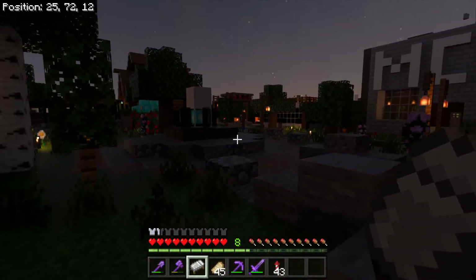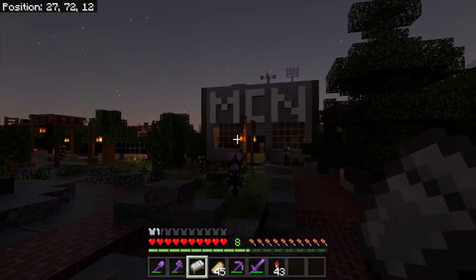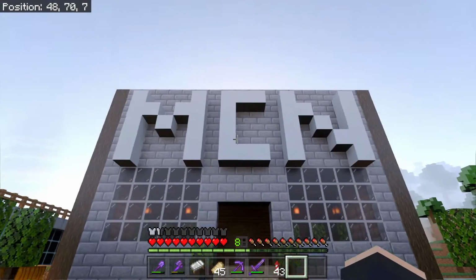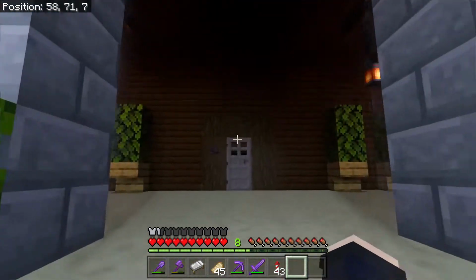But oh boy, does the server look amazing during nighttime. You can even see each one of the lanterns. It looks absolutely amazing, especially with the stars. But while we turn our attention back to the daytime, we are here at the MCN, the MC101 news building,